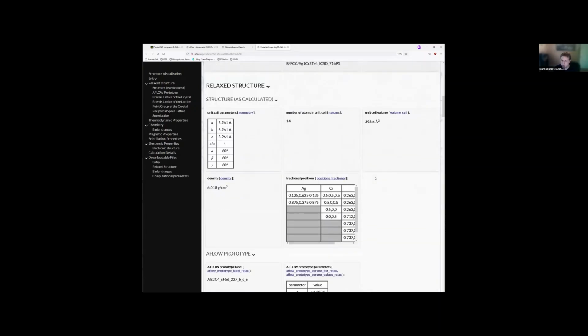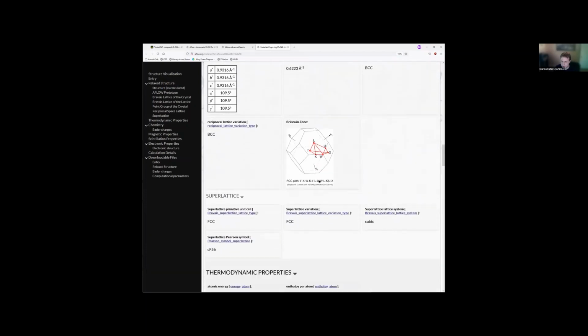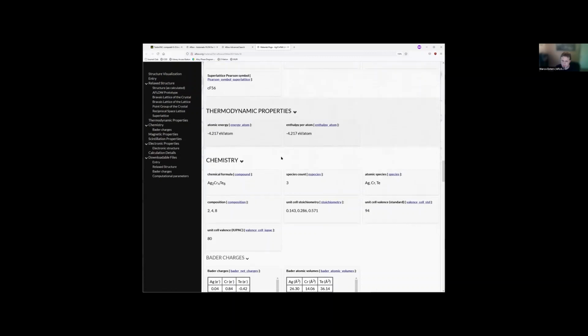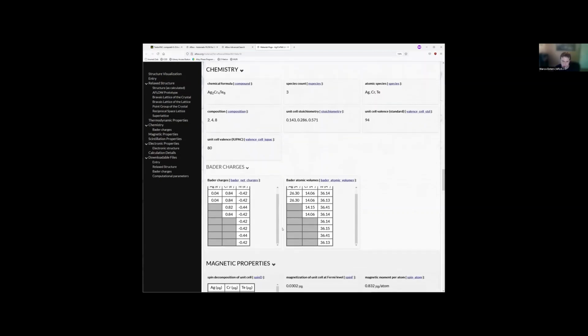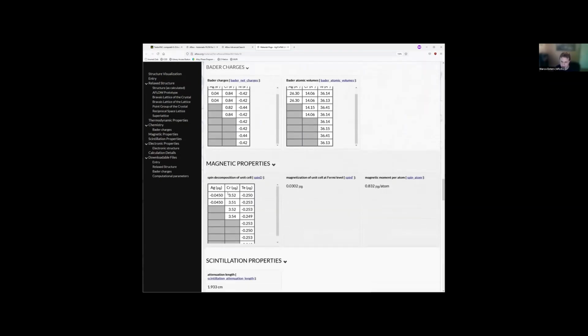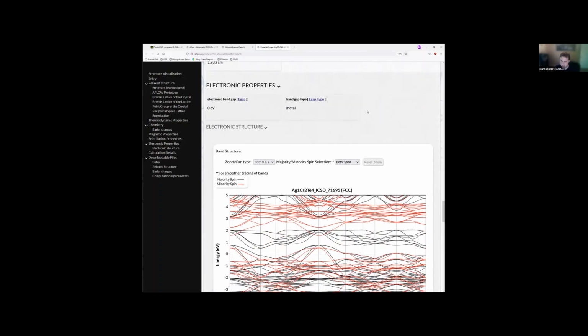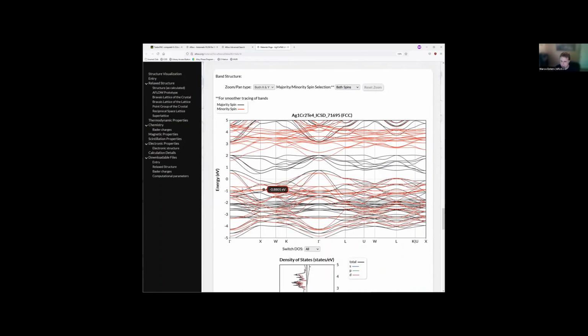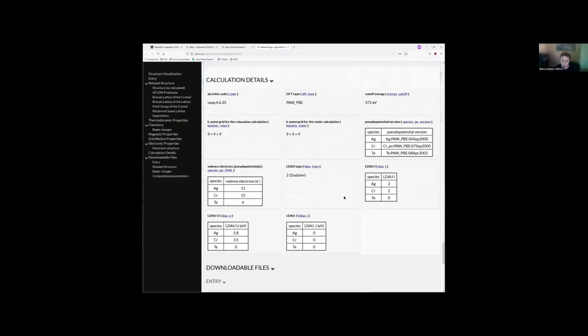There's structure here. We have a lot of symmetry here, the reciprocal lattice. Here we have some thermodynamic properties. We have Bader charges, which is very useful if you want to look at charge distribution. We have magnetic properties. This one looks like a magnetic compound with 0.84 Bohr magnetons per atom. It's metallic. You can see the band gap type is metallic, but you can also look at the band structure here. We have a little interactive band structure app, and some calculation details